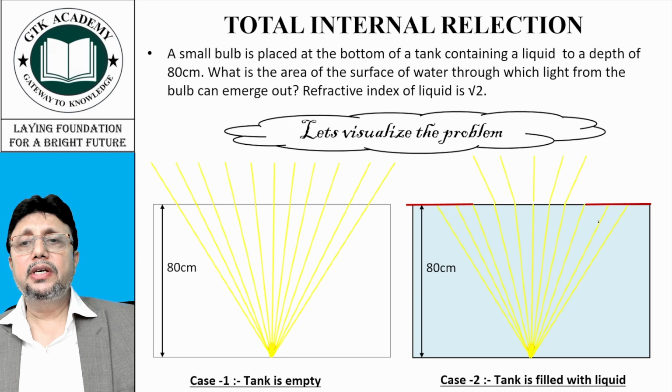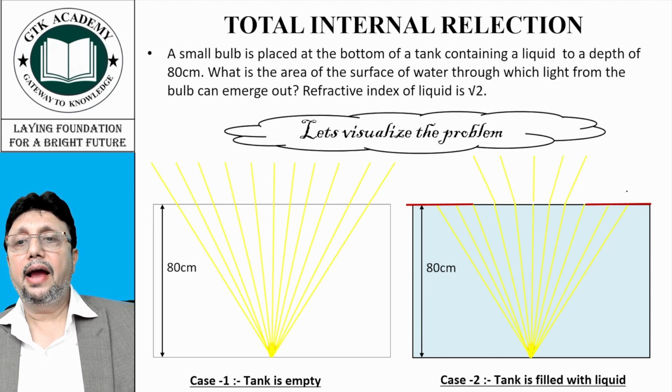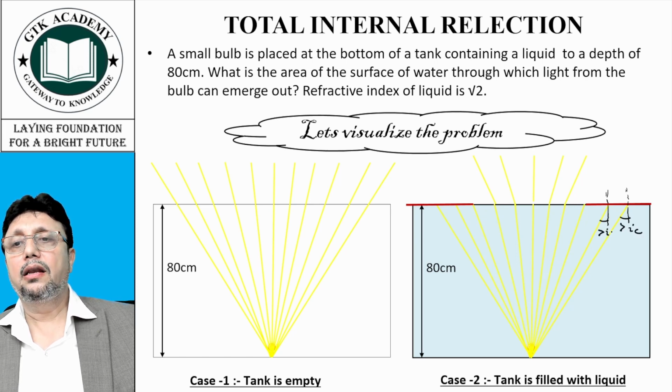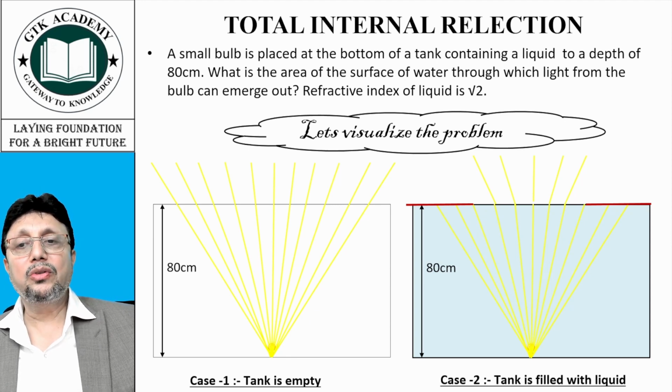But what happens to these rays? In these cases, the angle of incidence, either this or this, both is greater than critical angle. Similar for these two rays. So for this ray, this ray, this ray, and this ray, they will be reflected back. I am only drawing few rays, you can't count them. So they will be reflected back like this.